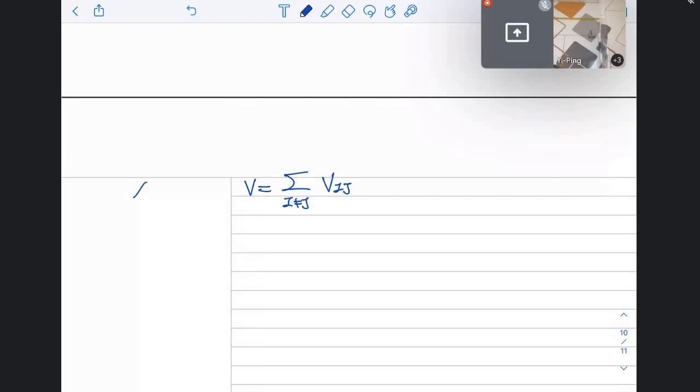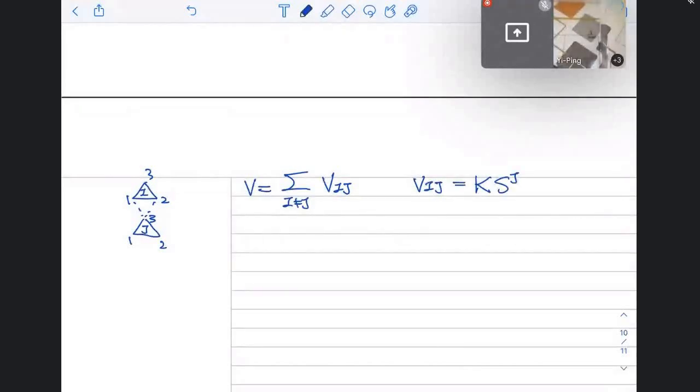Suppose we have i sitting here, and we have 1, 2, 3 spin, and they are coupled with another spin j, which also has 1, 2, 3 spin. Okay. So for this particular case, the Vij can be explicitly written as